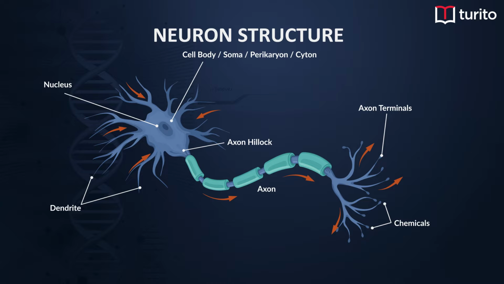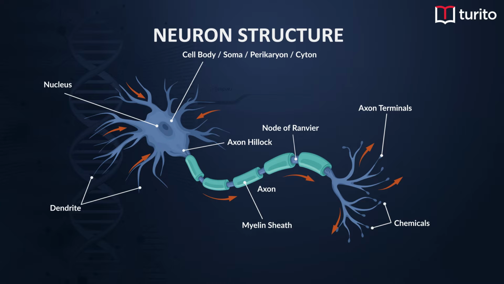When it comes to certain neurons, the axon is covered by an insulator called as the myelin sheath. All those neurons that are protected by the myelin sheath are called as myelinated neurons, and those which are not protected by myelin sheath are called as non-myelinated neurons. When there is myelin sheath around the axon, there are certain gaps between one myelin sheath to the other myelin sheath. These gaps are called as nodes of Ranvier. The conduction of impulse is very quick in myelinated neurons compared to the non-myelinated neurons.